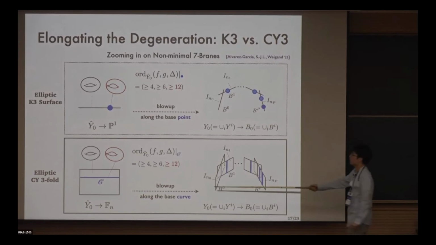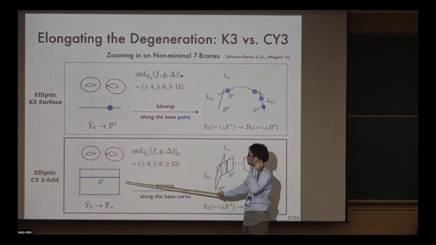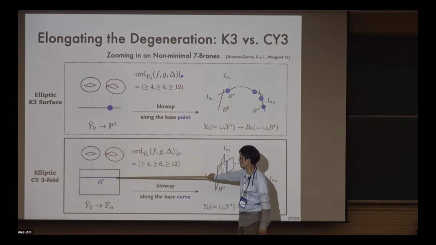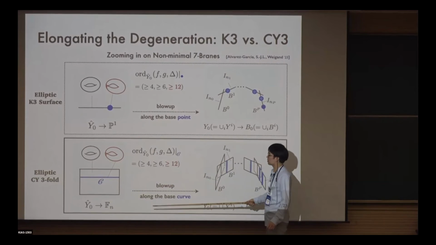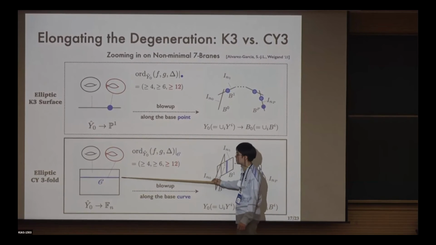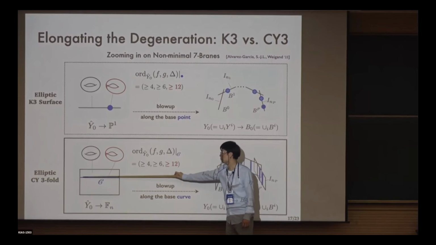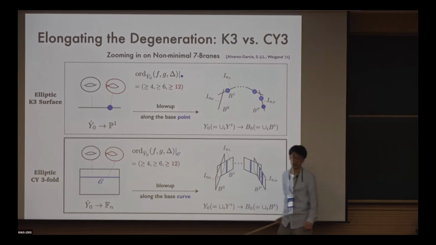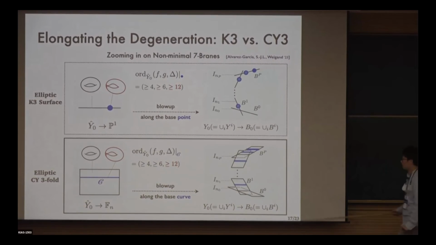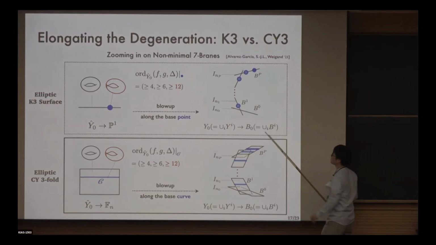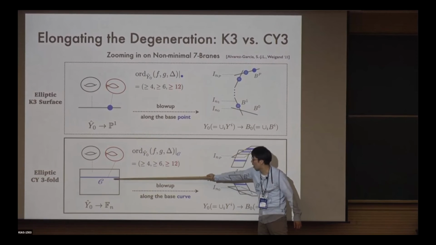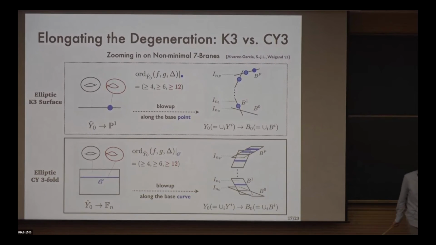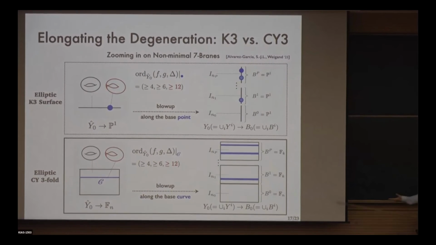And also, one thing I want to say here is that now in the 6-dimensional case, which curve we wrap with this non-minimal seven-brane stack matters. For illustrational purposes, I will focus later on the case where this non-minimal brane wraps a horizontal curve. So that's what we'll focus on. Because of this, I will also rotate these elongated versions by 90 degrees to make this intuitively clear that we are blowing up along this horizontal curve.